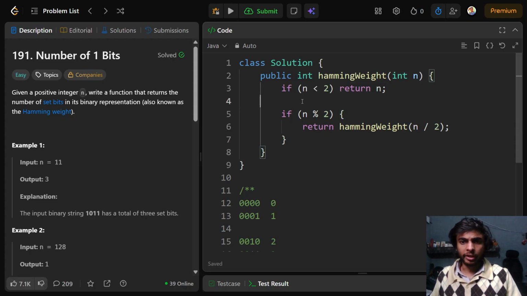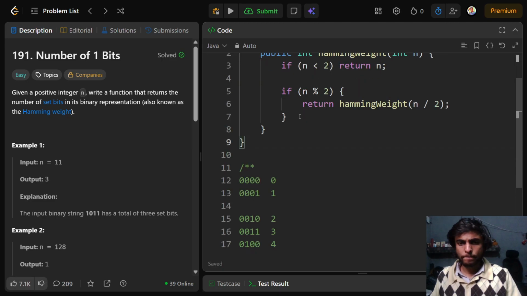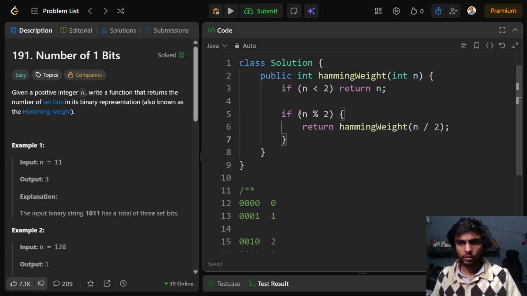So we need to keep a variable. Else, well, that's just the else case, return